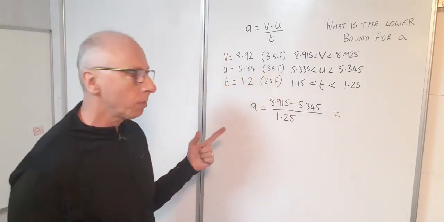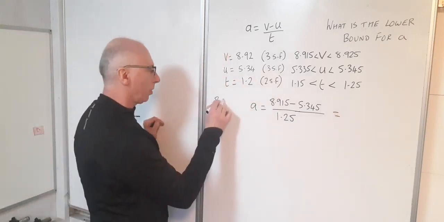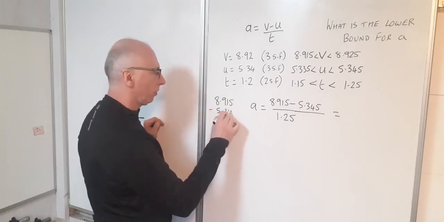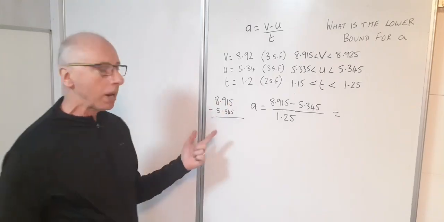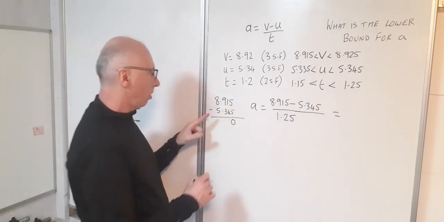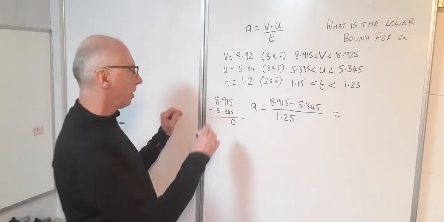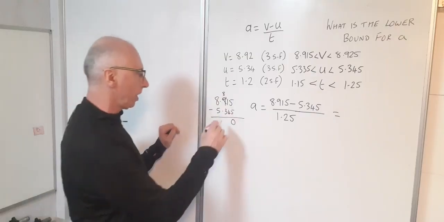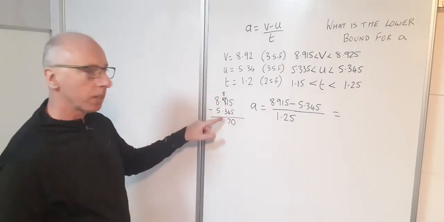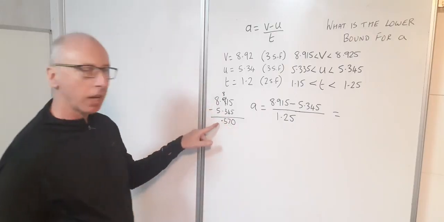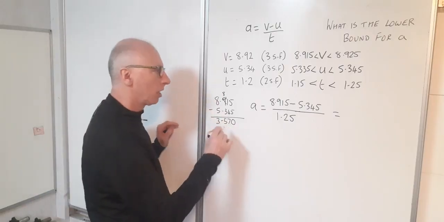So let's do this without a calculator. 8.915 minus 5.345, subtract those. 5 minus 5 is 0. 1 minus 4, can't do. Let's take off a 9 to give a 1 and borrow that. 11 minus 4 is 7. 8 minus 3 is 5. Bring down the decimal point. And 8 minus 5 is 3. So now I've got